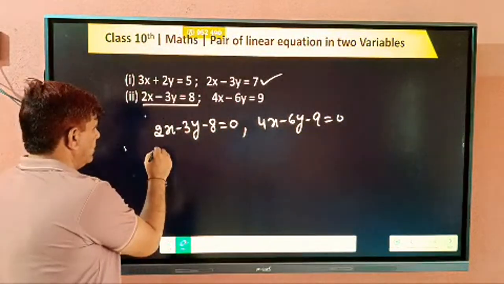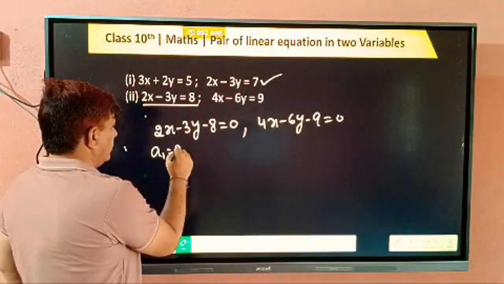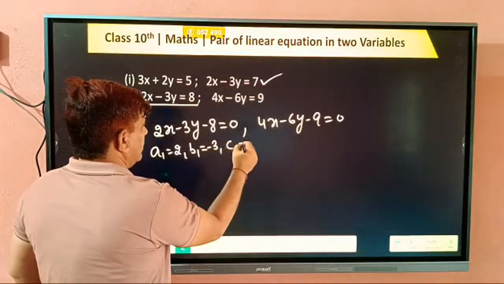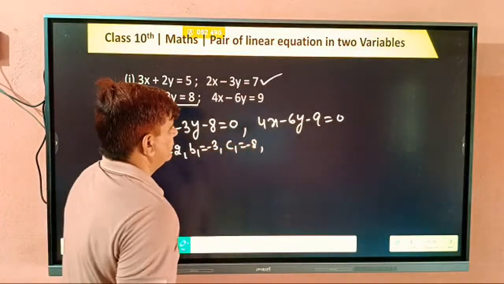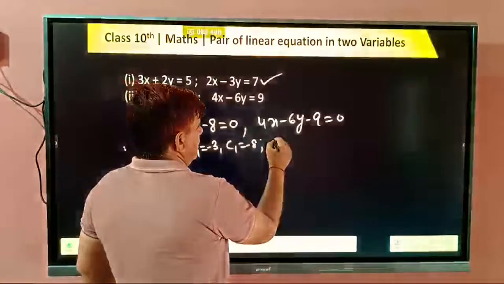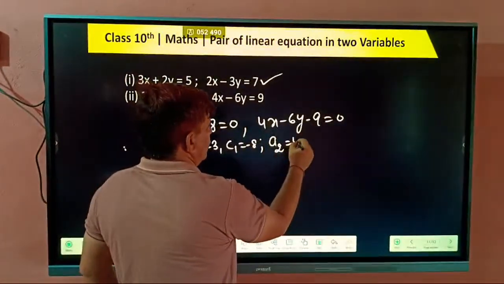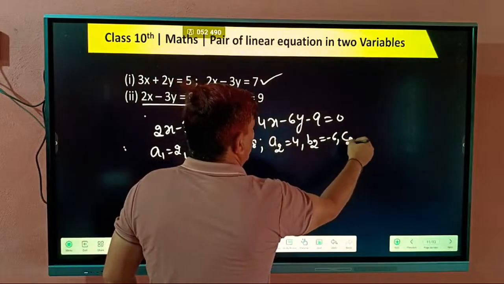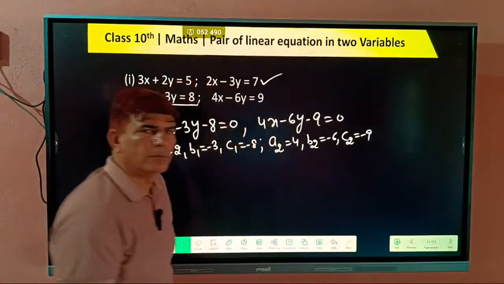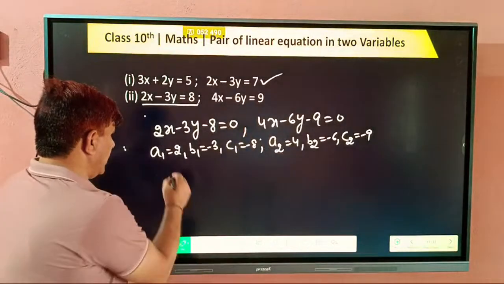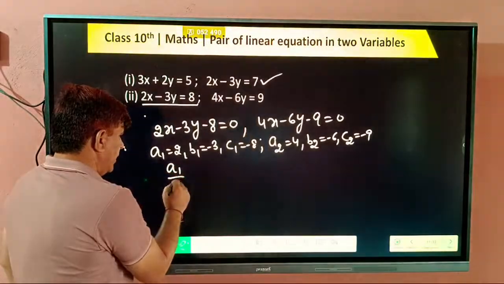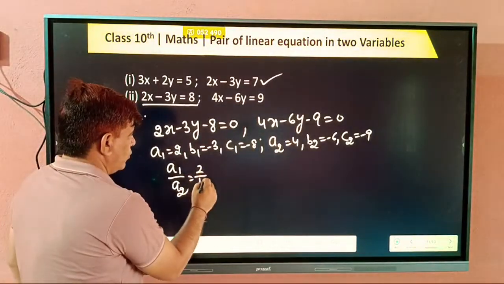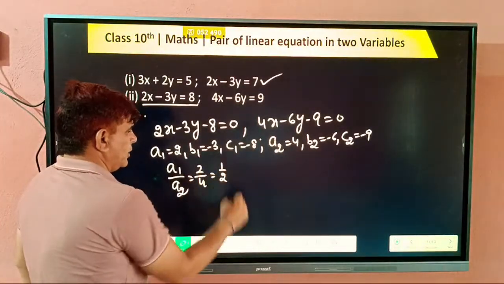So A1 is 2, B1 minus 3, C1 minus 8, and A2 is 4, B2 minus 6, C2 minus 9. If you compare A1 by A2, A1 is 2, A2 is 4. Converting this into simplest form, it comes to